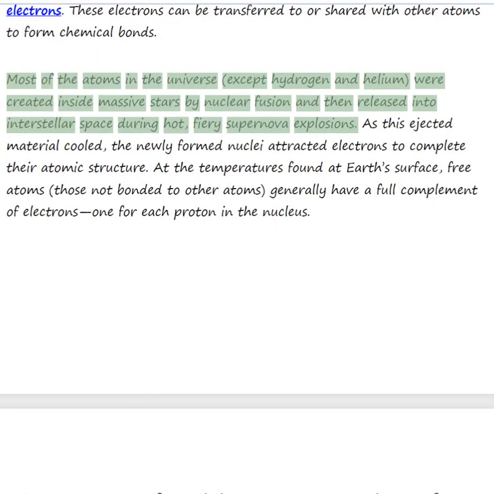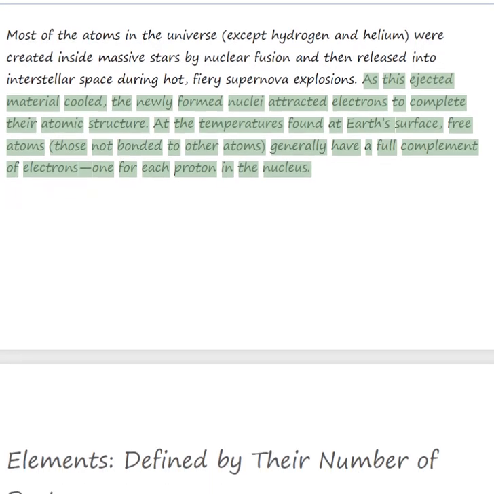Most of the atoms in the universe were created inside massive stars by nuclear fusion and then released into interstellar space during hot, fiery supernova explosions. As this ejected material cooled, the newly formed nuclei attracted electrons to complete their atomic structure. At the temperatures found at Earth's surface, free atoms generally have a full complement of electrons, one for each proton